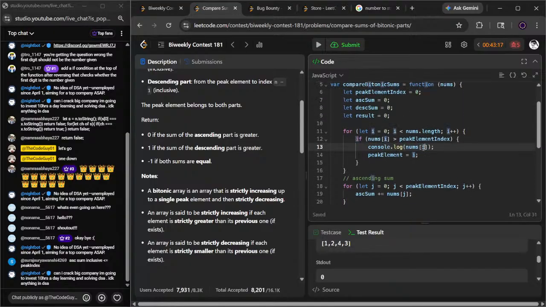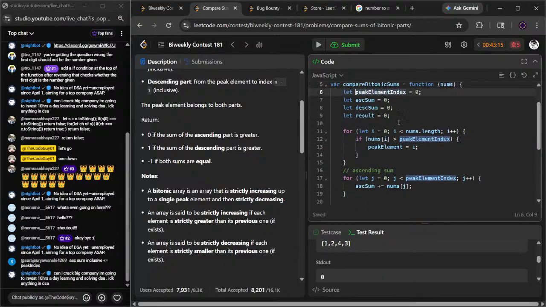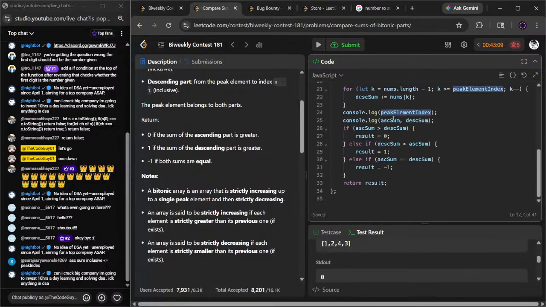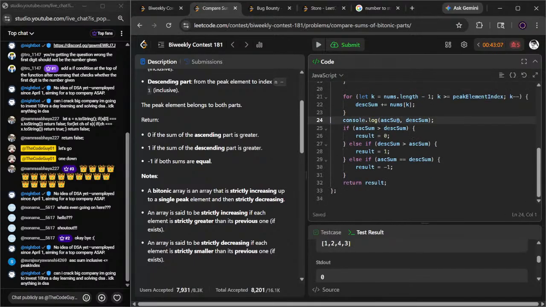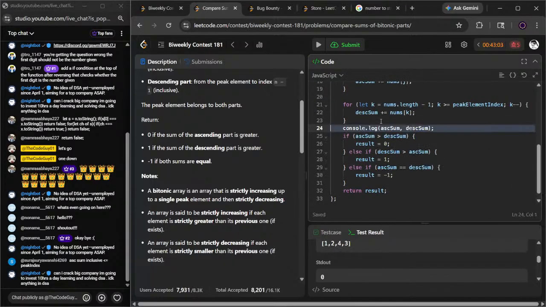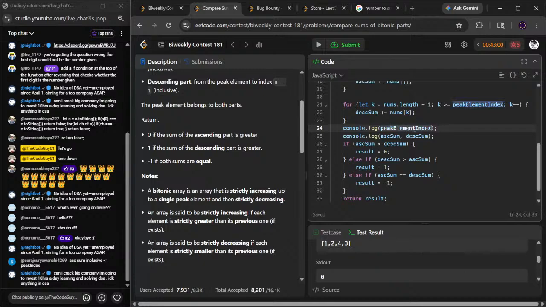अरे यार गलत नेम, गलत नेम, गलत नेम। ये मेरे को दिखा भी नहीं रहा था। भाई क्या अलग ही नशे हैं, सब उड़ाओ। हाँ ये तो चाहिए अपने को। पीक एलिमेंट इंडेक्स, असेंडिंग डिसेंडिंग सम।